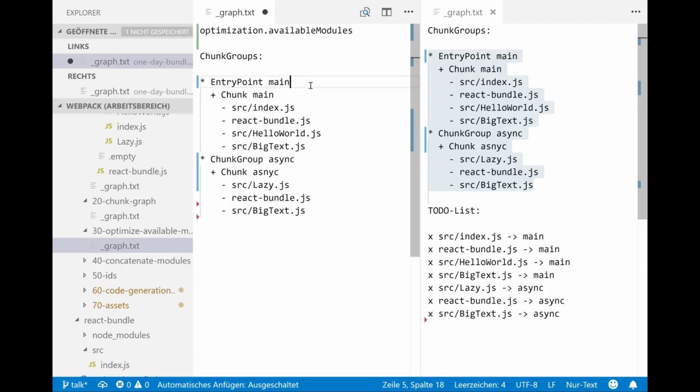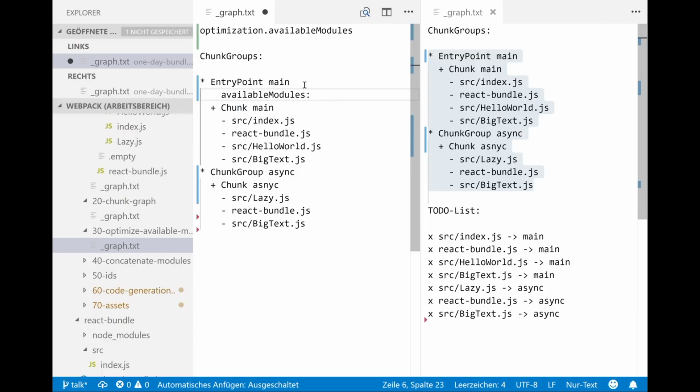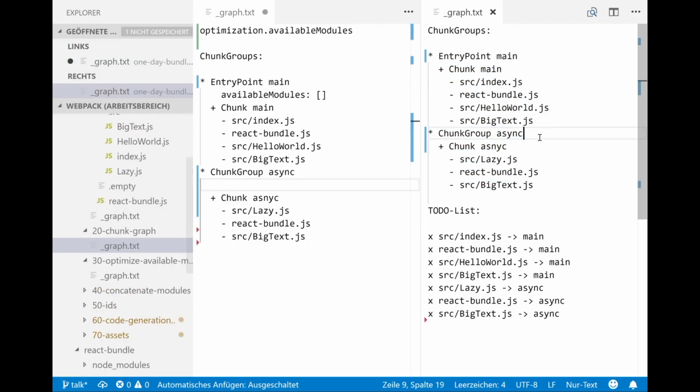And this basically, for each chunk group, this chunk group and this chunk group, we take note of all available modules, which modules are available when loading this chunk group. And for the entry point, no modules are available yet, so it's an empty array. But for the async chunk, we missed something. We have to note that this has a parent called main.